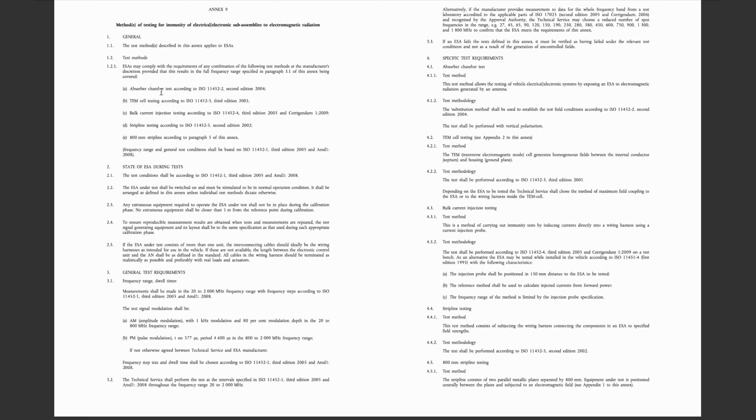So that's also something to be aware of, that this testing is typically performed in an anechoic chamber, but there's no rotation of the DUT. And then if you apply ISO 11452-2, there is no need to apply TEM cell testing, and no need to apply strip line testing. So one is excluding the other, but there is still a need to apply bulk current injection testing in accordance with ISO